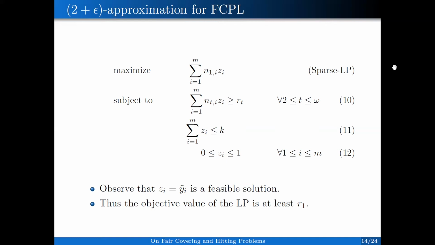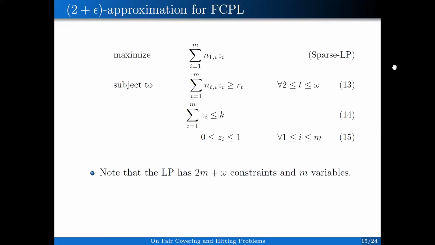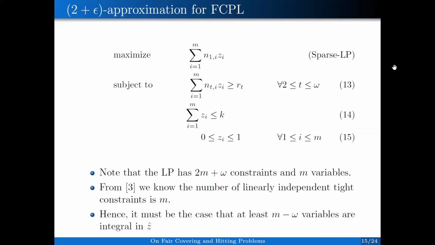And this optimal solution will have a good property. So we know that the number of constraints is at most 2m plus omega, where the number of variables is m. And then we can argue that the number of fractional variables in the optimal solution we computed is at most omega, or the number of integral variables is at least m minus omega. And this is true